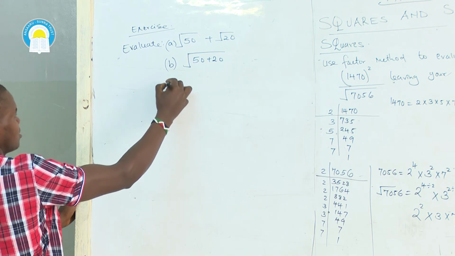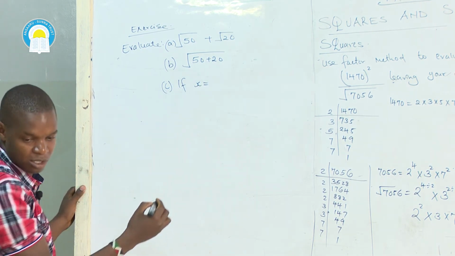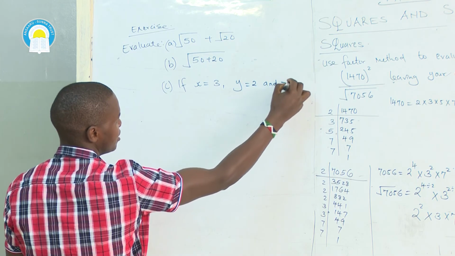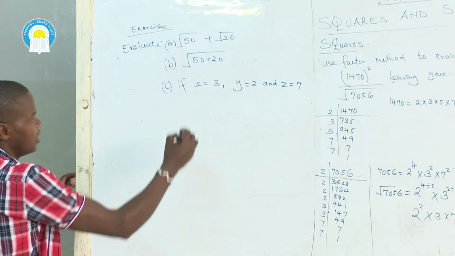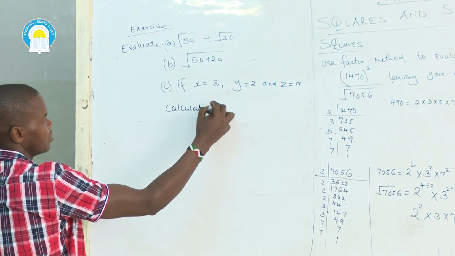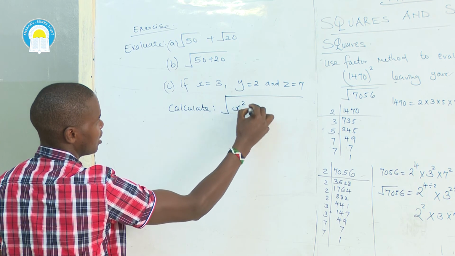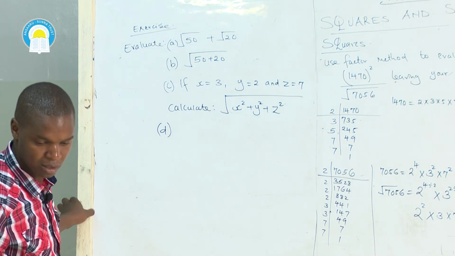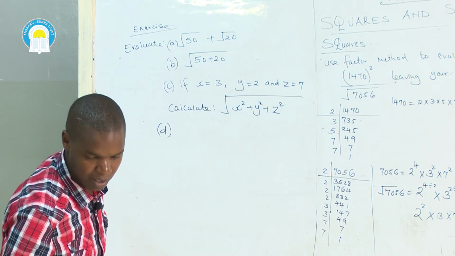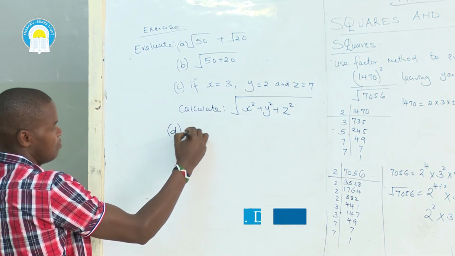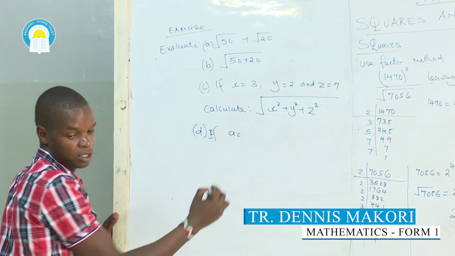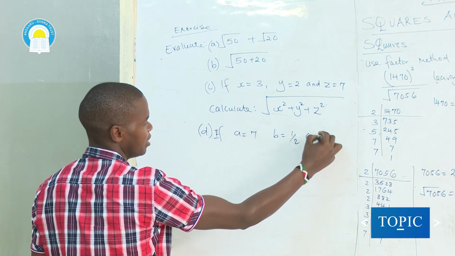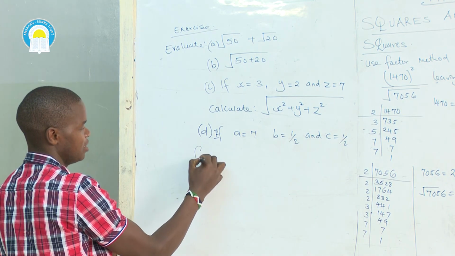The next one is, if x is 3, y is 2, and z is 7, calculate the square root of x squared plus y squared plus z squared. The fourth one I want you to try is, if a is 7, b is a half, and c is a quarter, find the